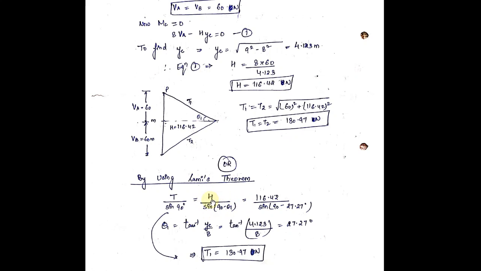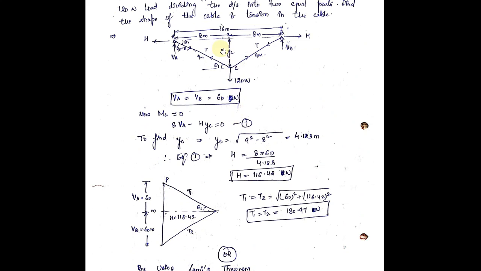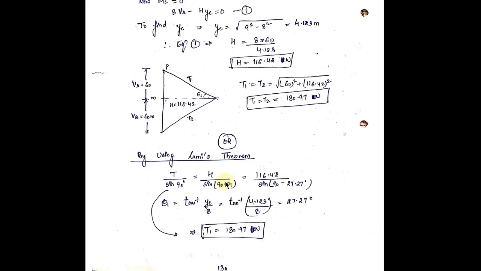So अब देखो, अब यहाँ पे इस इक्वेशन में we know the value of H, so we will put H equal to this. Theta 1 we already know. So see, now in order to find theta 1, again take this triangle. In this triangle apply tan theta 1. So tan theta 1 will be equal to perpendicular upon base. So 60 upon 116.42. So theta 1 will be equal to tan inverse of 60 upon 116.42. See, either you can find the value of theta 1 from this triangle, or you can find out the value of theta 1 from this triangle. Both the values will come out to be the same.